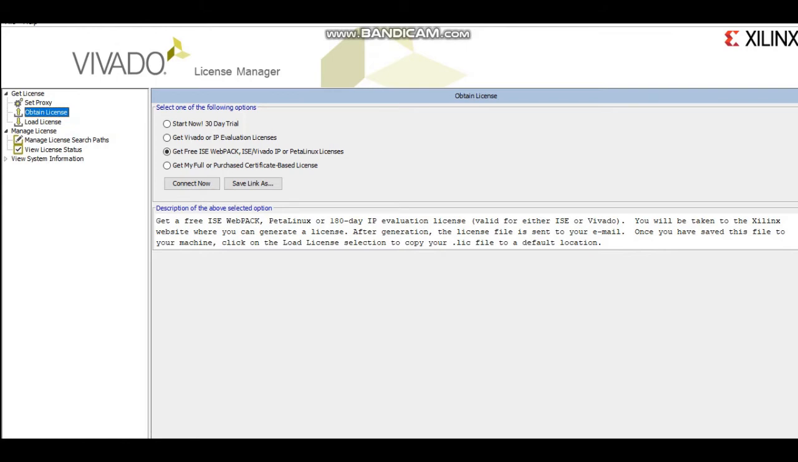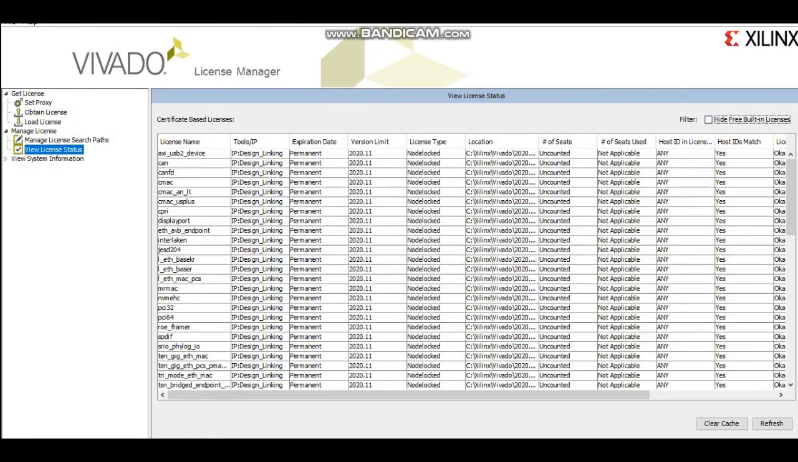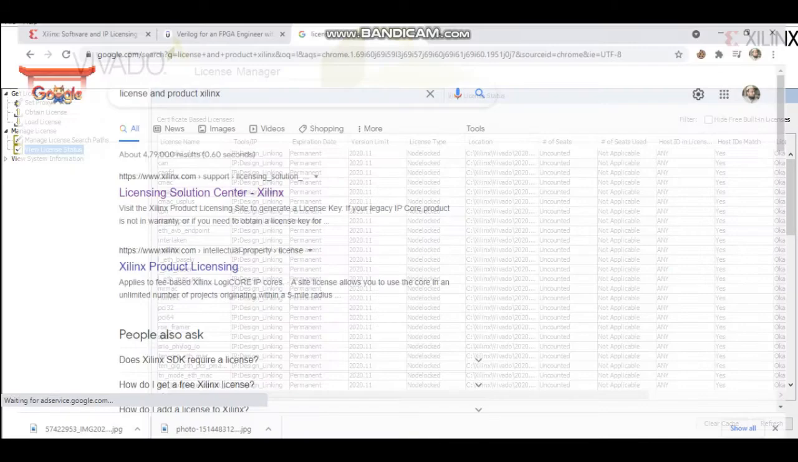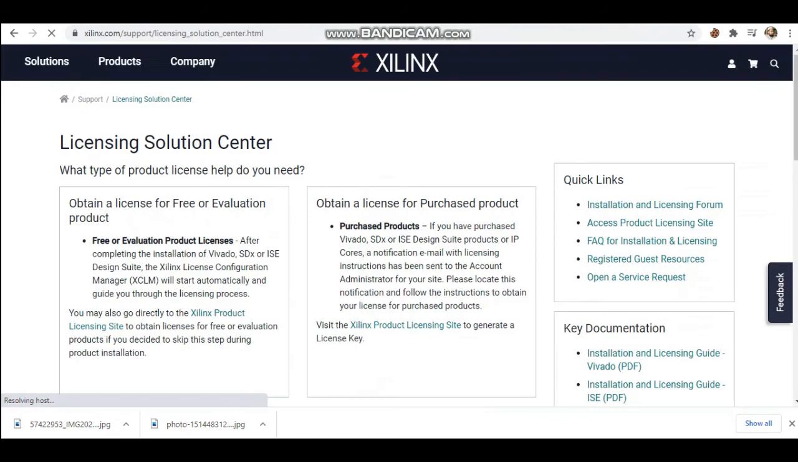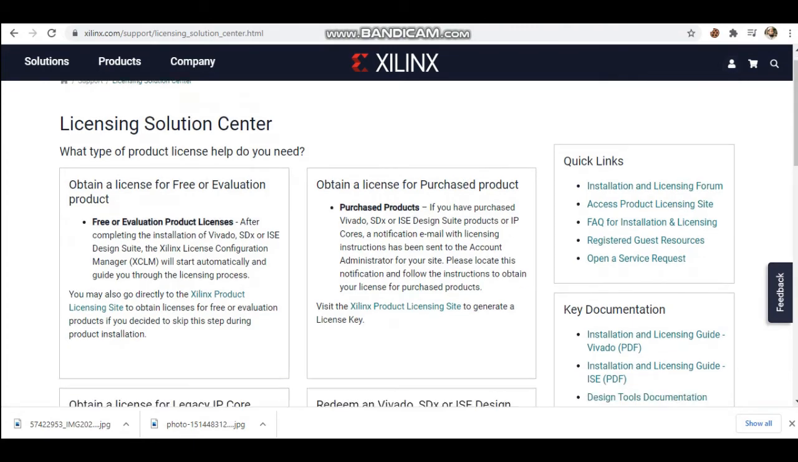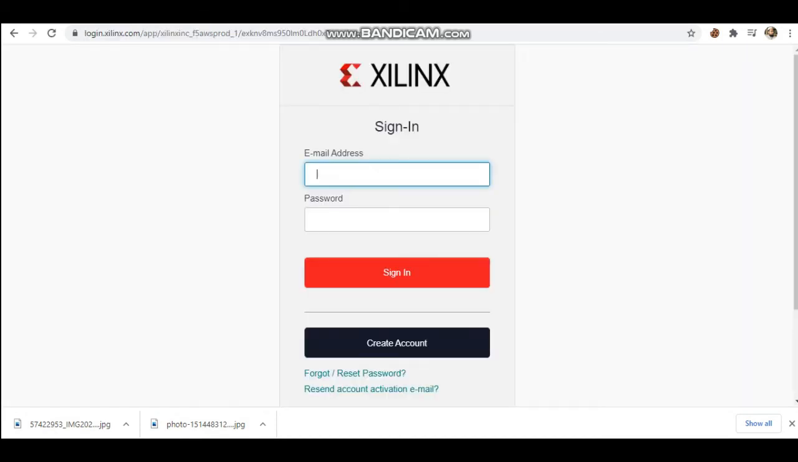So now we need to obtain a license. For that we can go to the license status, and we can see all the licenses which are available. So now we need to download the license for our software. For that we need to go to Google Chrome and enter here license and product Xilinx. When we click on the first link, also make sure that you are logged in. So here I have to go to the free evaluation product and click on this link,